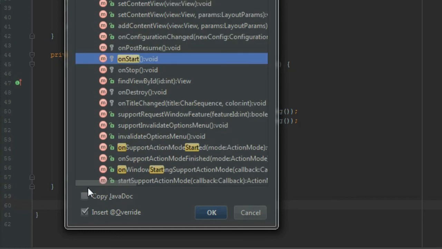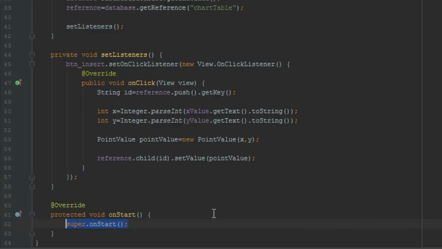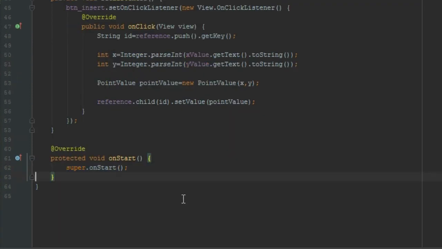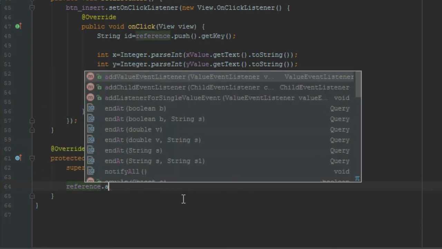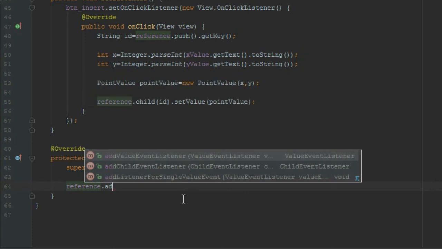Make sure this is highlighted onStart and press OK. Now after that, this super. First reference.addValueEventListener. So addValueEventListener,